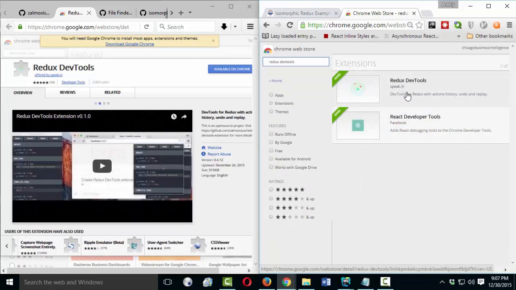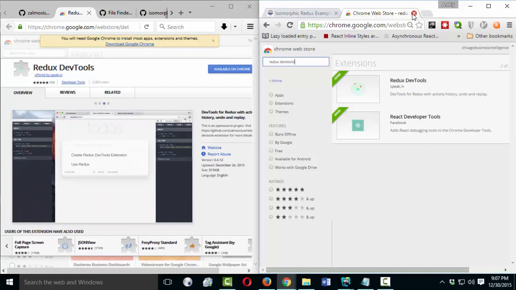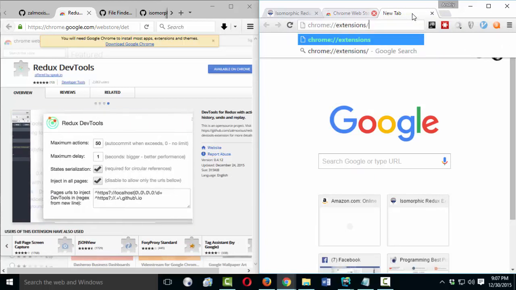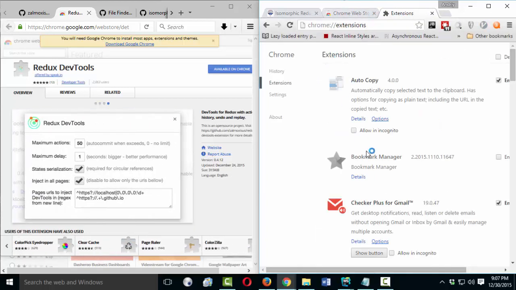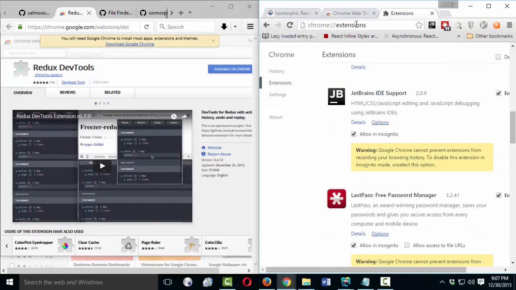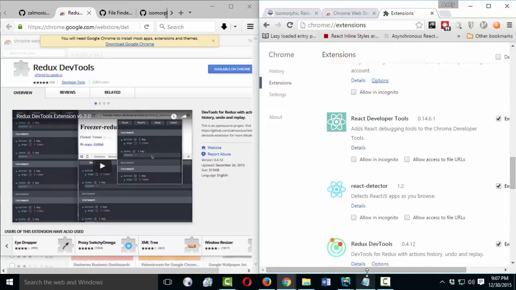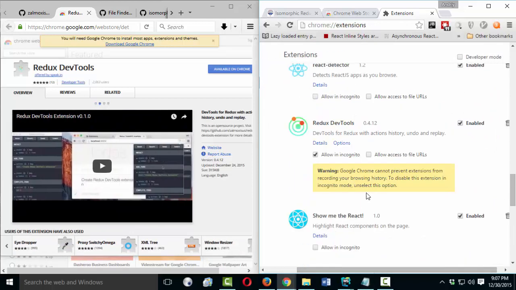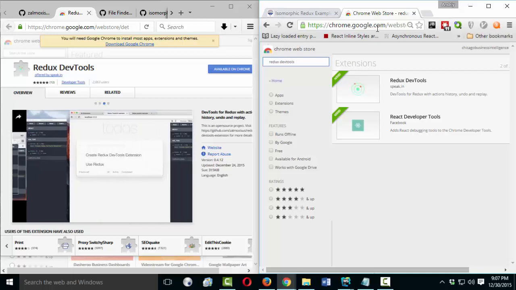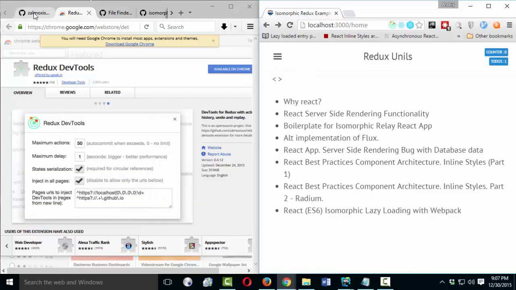With Redux DevTools, we will have the possibility... I will open my Chrome extensions. It's also AutoHotkeys. Unfortunately, I cannot use Vim in the Chrome extensions window, so I need to scroll manually. I have it already installed. When you install it, you will find an icon here on your browser. Beside this,